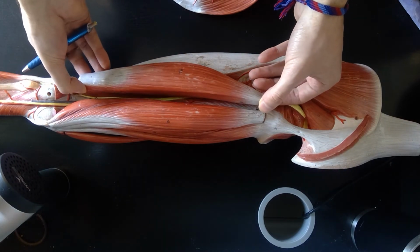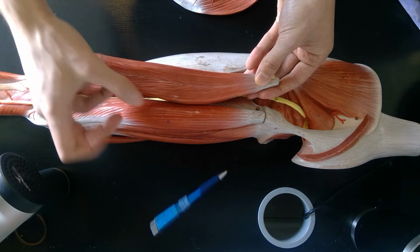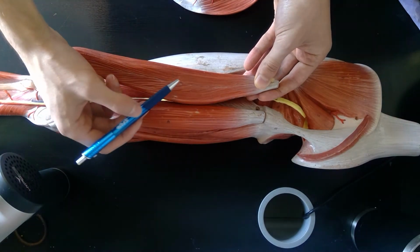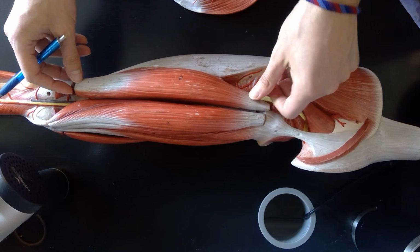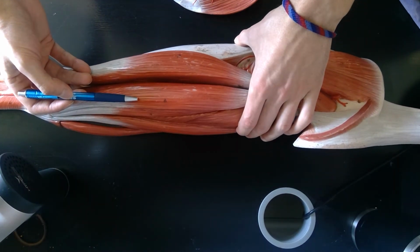Now, short and long head just lie snug on top of each other. It's kind of hard to see, but excuse me there. I have to do that once a video. We have the short and long head kind of tied together, but just know that the long head is superficial to the short head. And then a bit more medial, we have the other two hamstring muscles we want to